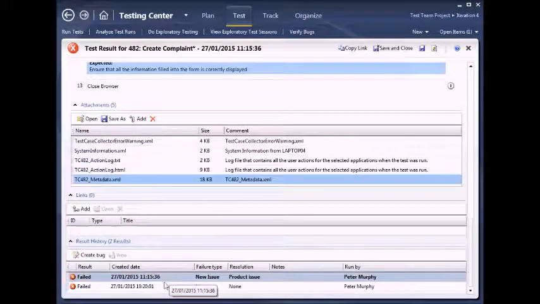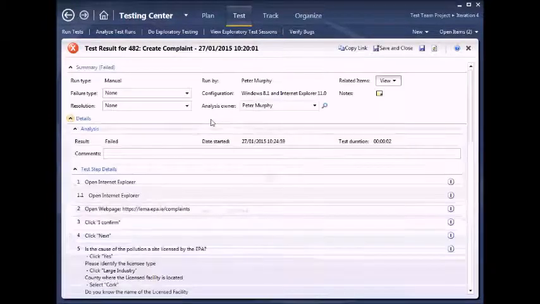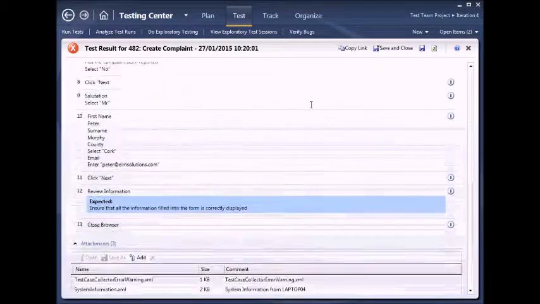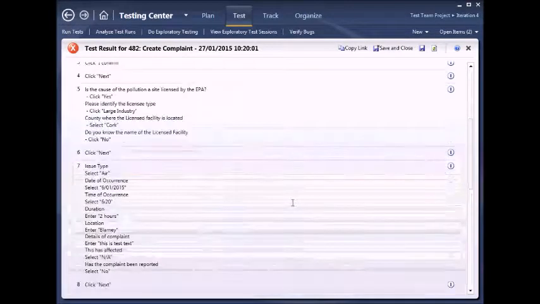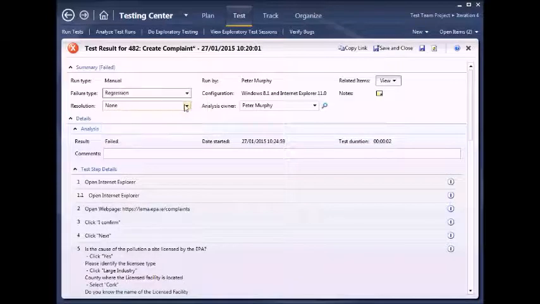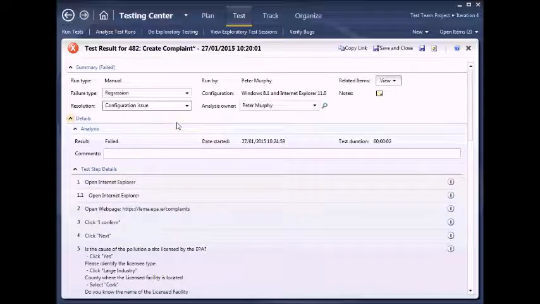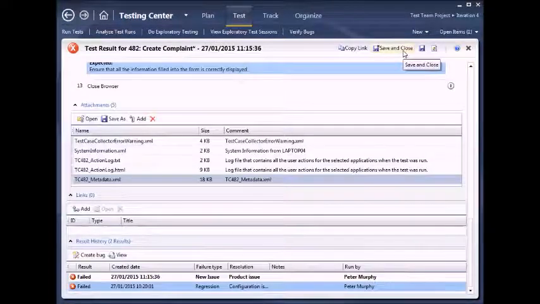So this test was ran twice. We can view the other test results as well just by clicking on it and clicking view. And we can see this is the other run for that test. And if we want, we can go up here and we can mark this as a regression, and let's say it's a configuration issue. So if I save and close this, and save and close the other test run,